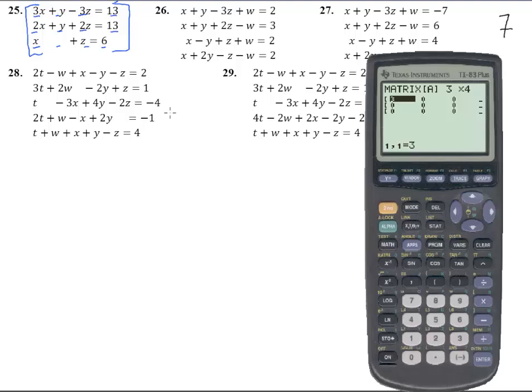3, 1, negative 3, 13. Okay, now it'll just automatically hop down here on the second row. We get 2, 1, 2, 13. Then we put in the bottom row. This is 1. Notice there's 0y here, so 1, 0, 1, 6. Okay, once we have it in, we have to quit out of there, go into the matrix